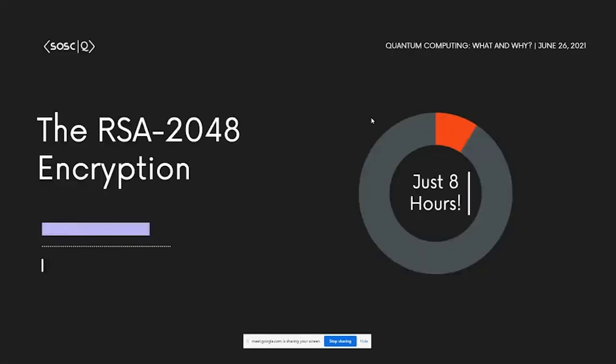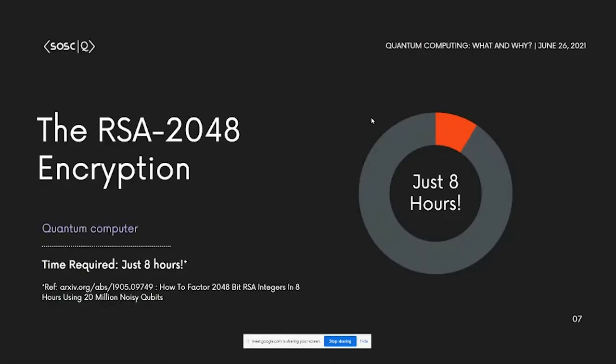A recent statistic, just 8 hours. A calculation that can be done on a very big supercomputer in 47 billion years. And mind you, it is based on your approach of calculation. There are some estimates that are 300 trillion years. I'm taking one of the best case scenarios here. We are getting it in just 8 hours. So you can see that this is a really exponential and interesting result, after which a lot of governments started to invest and got interested in this computation.